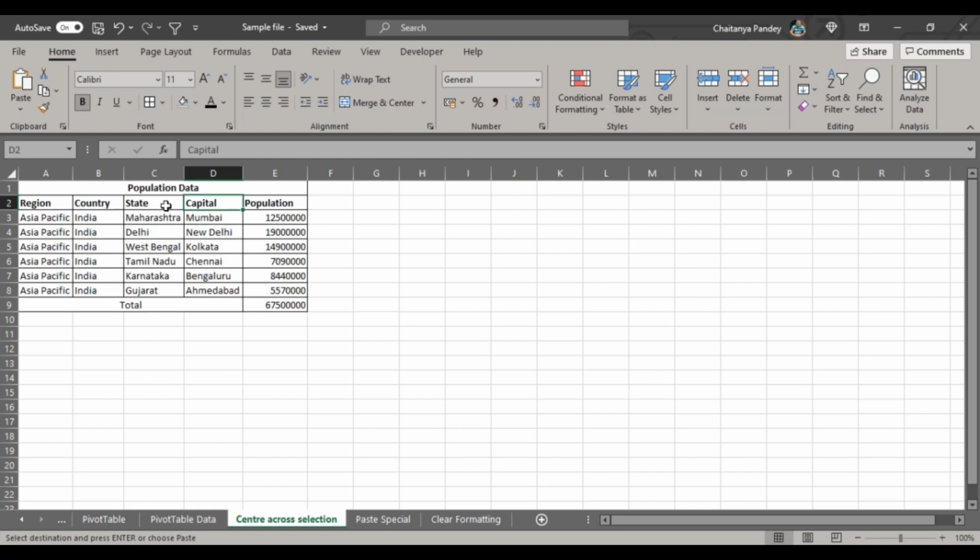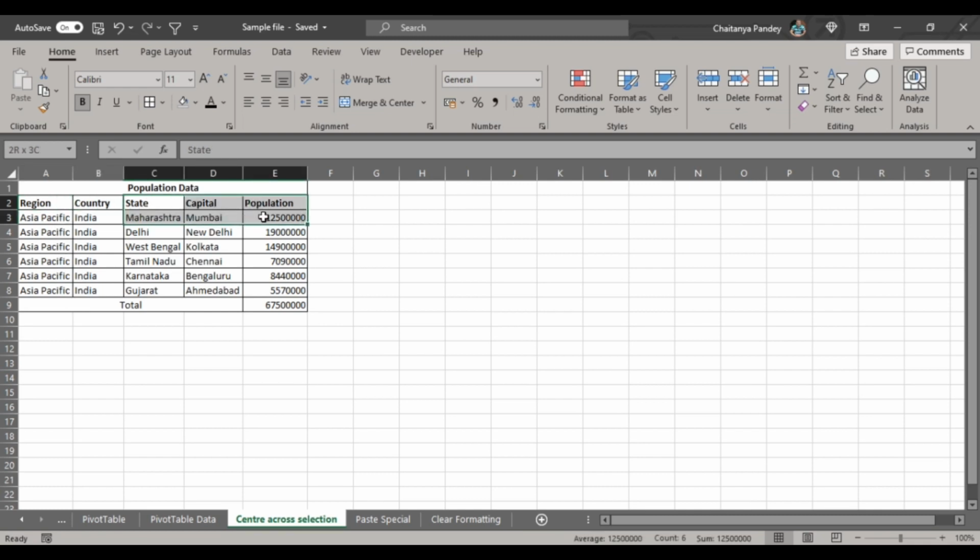Suppose we want to select the data of states, capital and population along with this total, right? This total field here is actually merged and centered, right? So if I want to select this states, capital and population along with this total, so you see this region and country is also getting selected, right?